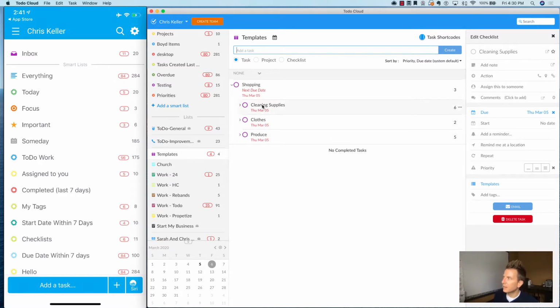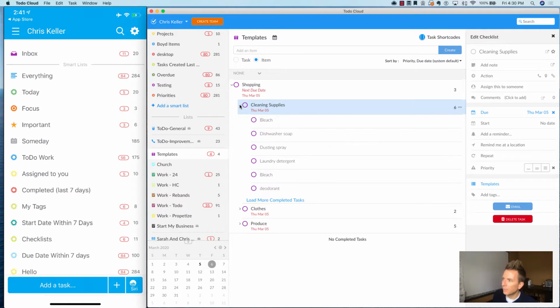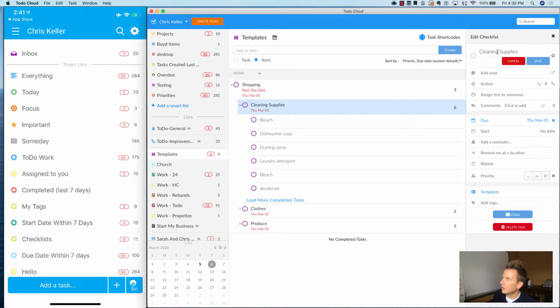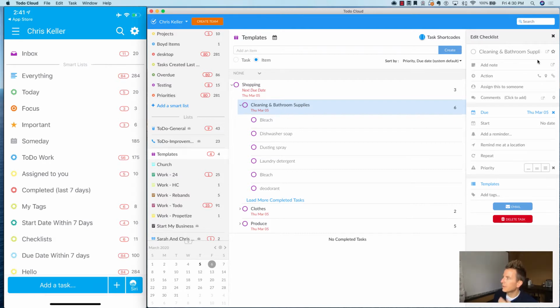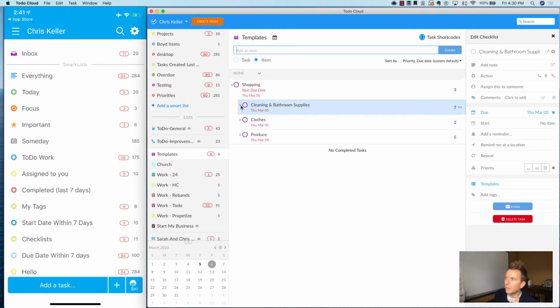Now, in this instance, cleaning supplies, it's a checklist. So I'm going to change cleaning supplies. So it's going to be cleaning and bathroom supplies. I save that. I'm going to add shampoo. So once I select this, shampoo, it's added. Okay, so I can constantly update my template over time,